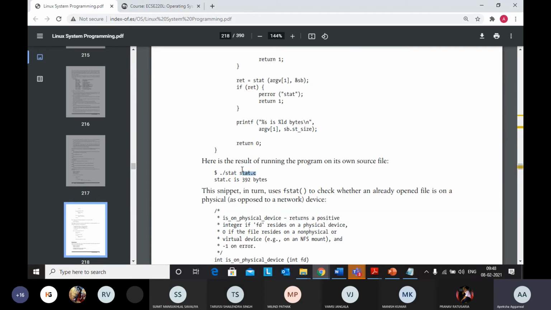So argv[1] will keep stat.c in its variable. stat.c is 392 bytes, so it is printing that over here: argv[1] is stat.c, and how many bytes? sb.st_size, which is 392 bytes.